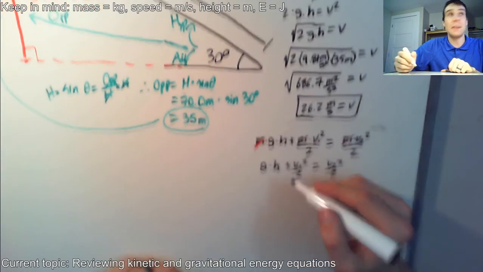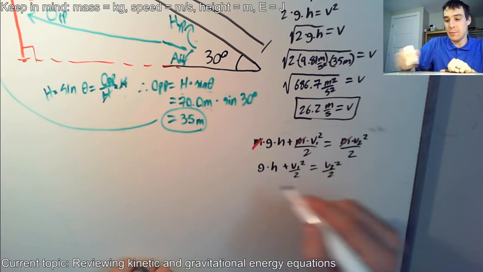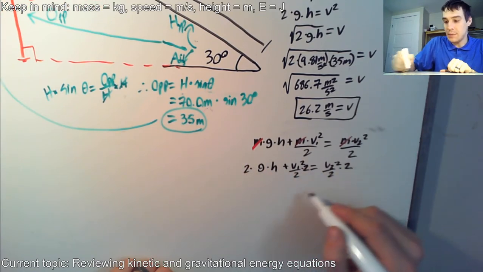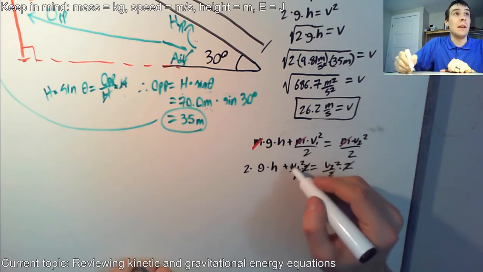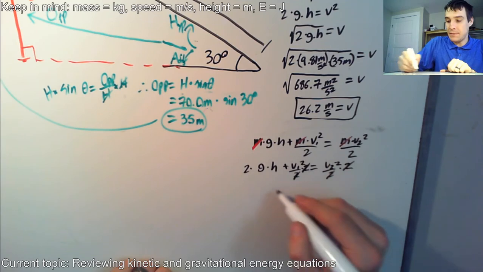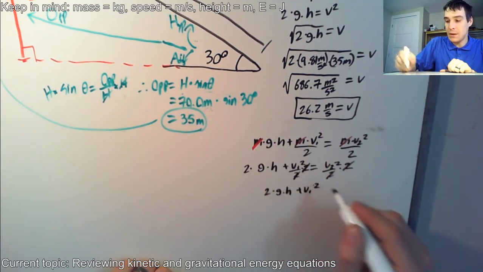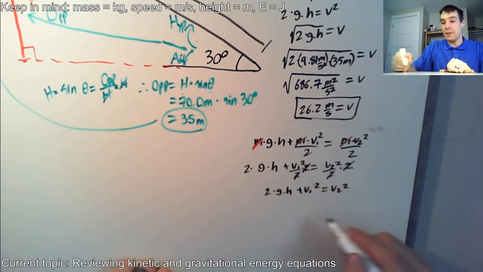We can still multiply things by 2, but now we have to multiply every single term by 2. So it's going to be 2 times gh, this times 2, and this times 2. Those 2s are going to reduce to 1, but that means we keep this v1 squared. So 2 times g times h plus v1 squared equals v2 squared,